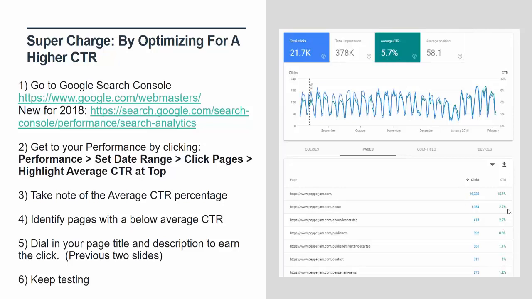And you'll notice right away we're earning 5.7 because of the homepage. So most of our branded traffic, and I'm sure that's the case for your website too. If you do have a branded domain, your homepage is going to be earning a higher click-through rate. So in the new version of Search Console, as well as the old, you can really filter out queries that contain your brand. So I would do that for Pepperjam. And I'd probably see that my true average click-through rate is closer to it too.